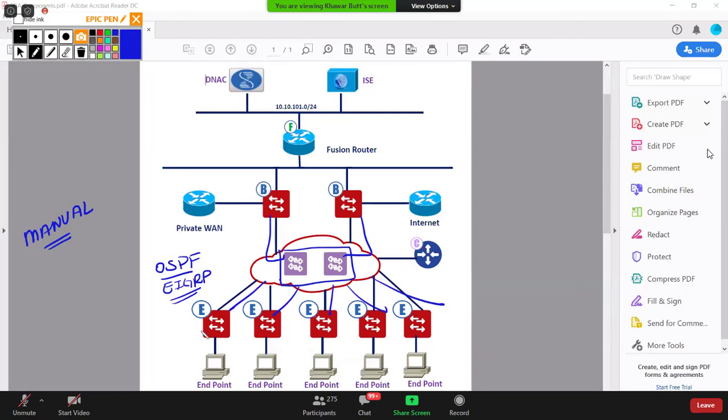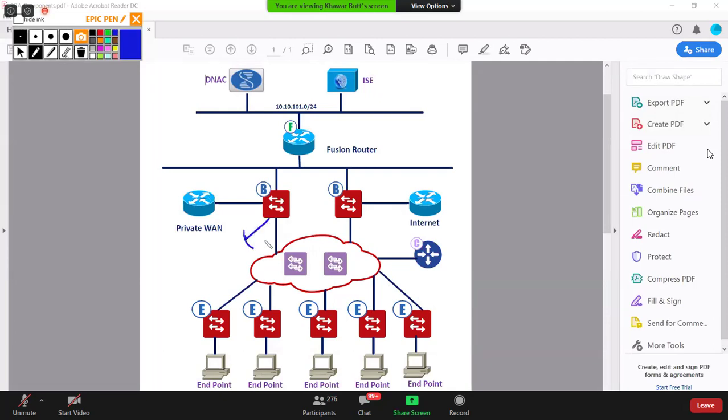The main thing that you need to understand that you're doing with these protocols is you have to create a loopback over here on each one of those switches that make up the SDA fabric. And once you create that loopback, you run that in the routing protocol so that each edge is aware of each other via this underlying